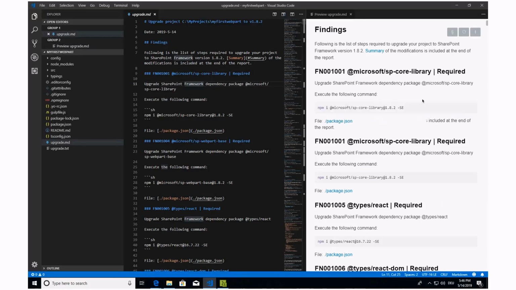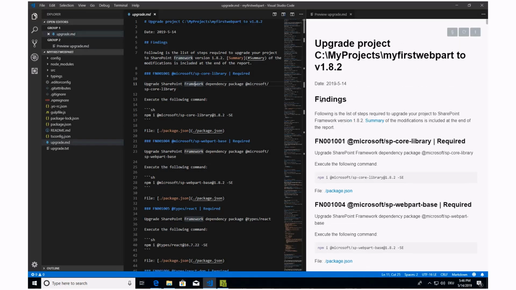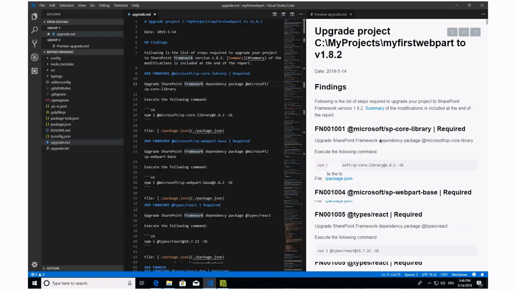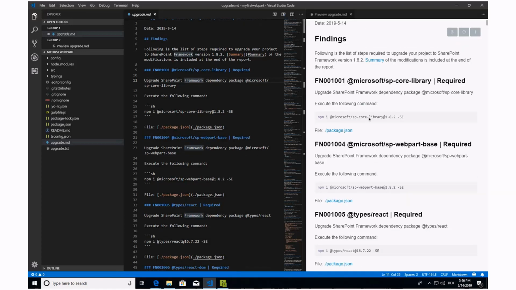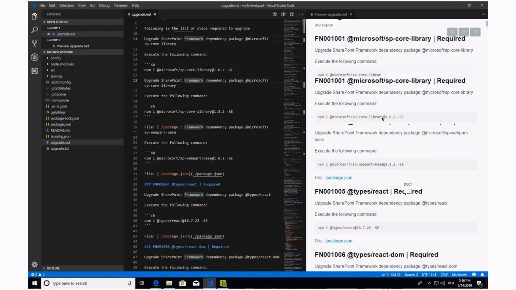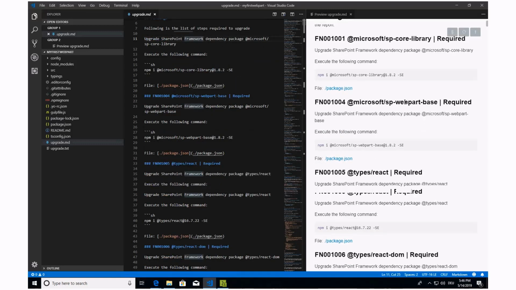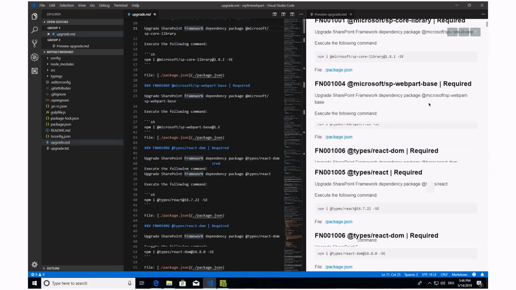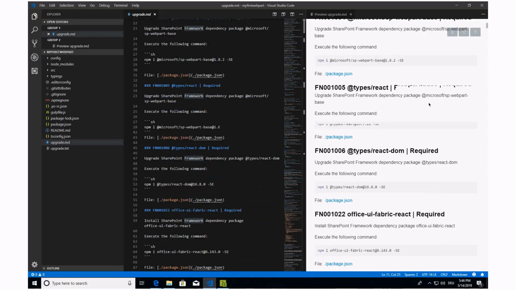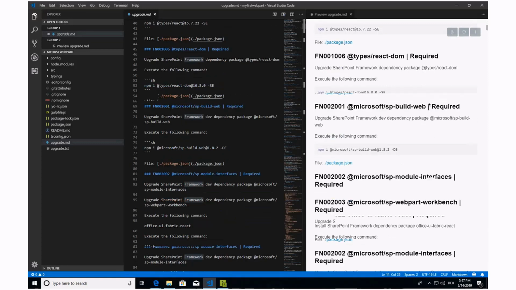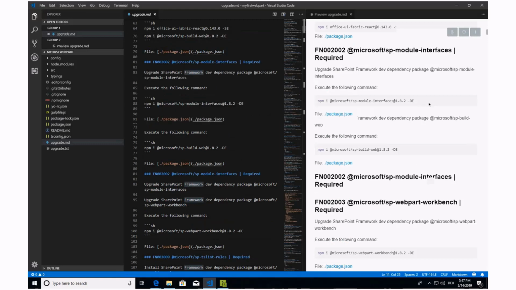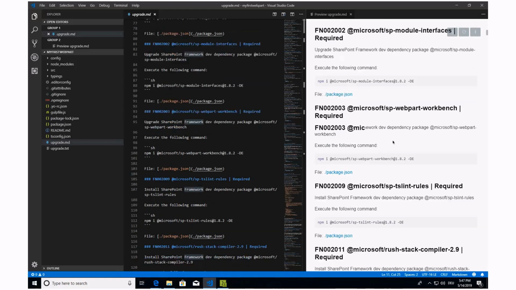Yeah, now it works. So it found the project and says the following list of steps are required to upgrade the project to 1.8.2. And the first thing is actually I need to upgrade my core. And the second thing is I need to update my SP web part base. I need to update the types for the React. And all these are the findings from my project and steps that I need to do in order to upgrade